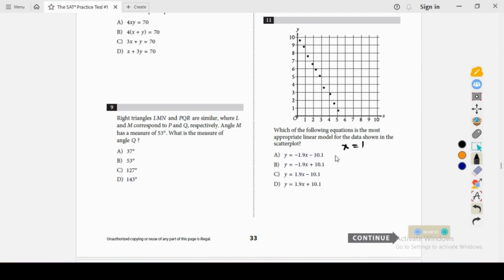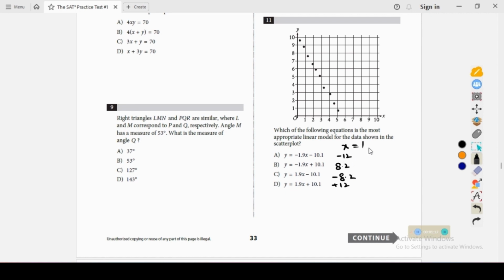The answer of the first equation will be minus 12, because minus 10.1 minus 1.9. Similarly, the answer of the second equation is minus 1.9 plus 10.1. It becomes 8.2. Similarly, our third equation gives the answer 1.9 minus 10.1. The answer is minus 8.2. And the last equation gives the answer plus 12. I just substitute the value of x as 1 in all of the 4 equations and find out the values